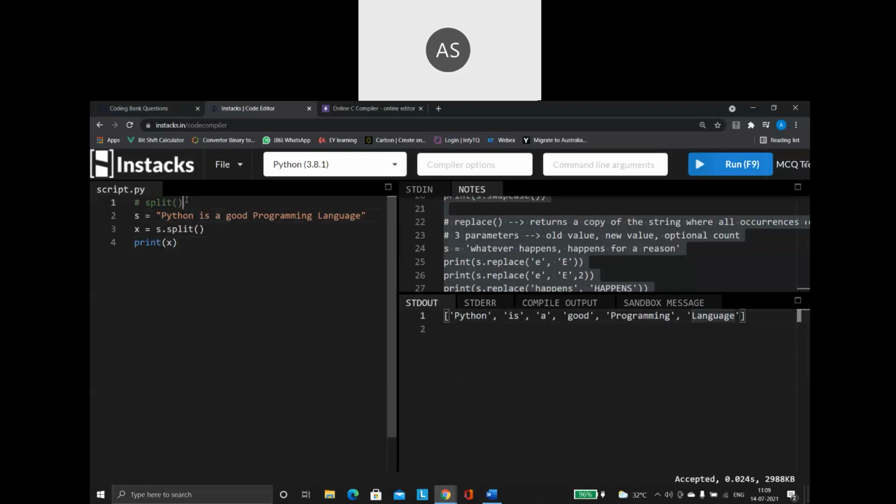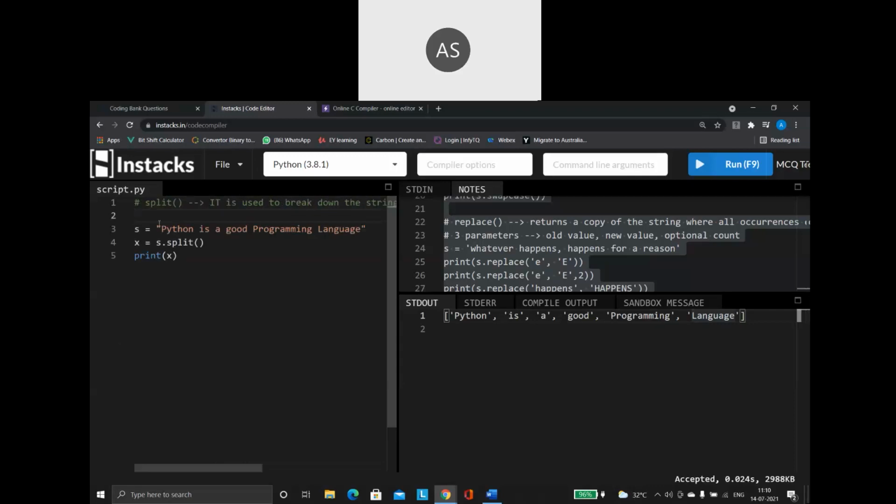And remember, what is the purpose of the split function? It is used to break down the string into multiple values based on a separator. First, let us understand what this line means.